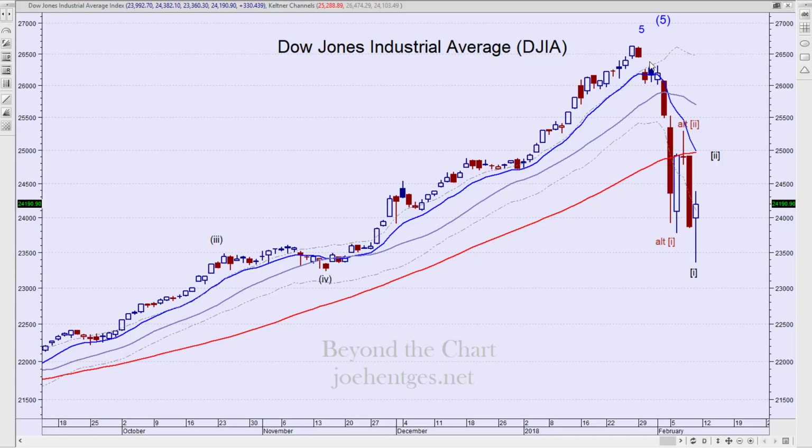Now, as we look at 5 waves down, I can count 5 waves that concluded at the low today, or we could have had 5 waves that concluded at Tuesday's low. Now, I'm going to move as today's low being the preferred count, therefore looking for a multi-day, several-day bounce up in here, probably 38 to 50% retracement of this entire move. But if